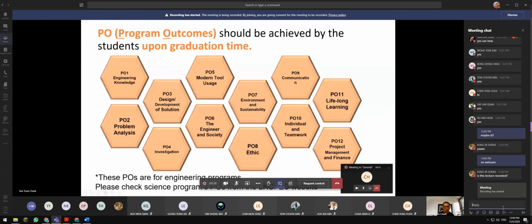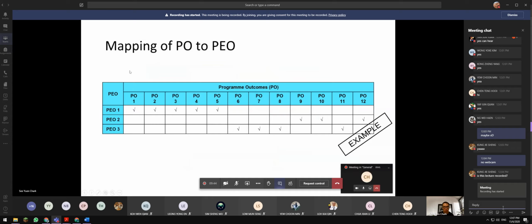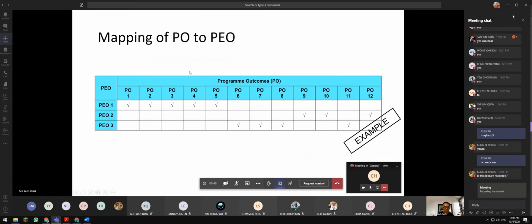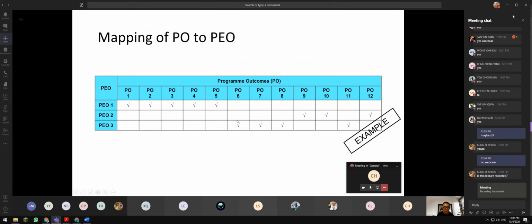Okay. And we have about 12 POs, you can briefly go through them. I believe most of you are already quite expert because most of the lecturers have already delivered this slide to all of you, so I'm not going through it in detail. We are also doing a mapping from PEO to PO. For each subject, we are doing a mapping from program outcome to PEO. Okay, here are some examples.